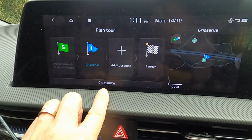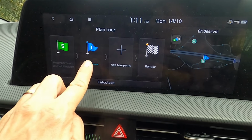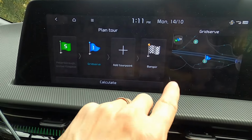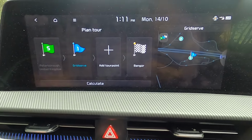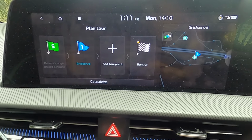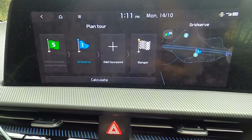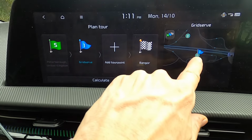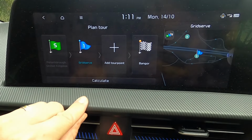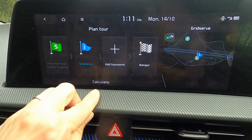So it's now added a tour point as the Grid Serve charge point at Kia, not Kia services just in general. Now if I'd kept it just as Kia services in general, then it would think I'm just popping there maybe for a burger and not wanting to charge, so it wouldn't precondition my battery. But because I've pinpointed the actual charge point, then it will precondition the battery and it will plan to charge there. So if I now go calculate,